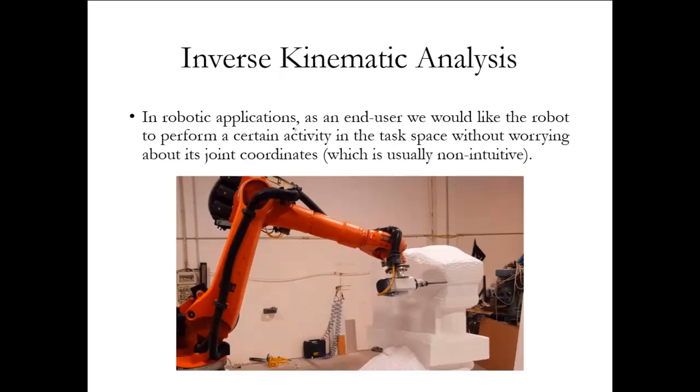Alright, now let's come to inverse kinematic analysis. The way we have seen for forward kinematic analysis, we are given the joint coordinates and we need to find out the pose. We need to find out the end effector coordinates or the operational coordinates. For that we attach the coordinate frames to the links, and we have something called DH parameters that basically tell us about the link configuration and the attachment of the links.